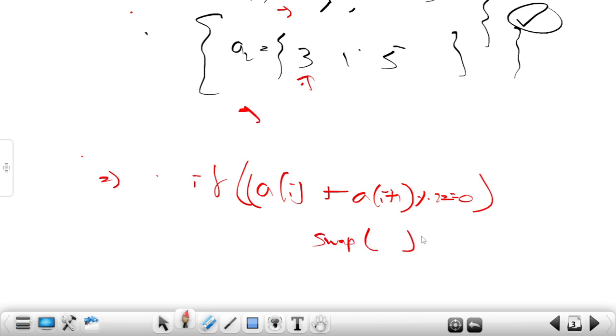But I'm going to modify this condition. On what basis am I going to modify this condition? I will say that if my left element is smaller and the right element is greater, only in that case am I going to swap the two numbers. Why am I saying that? Because